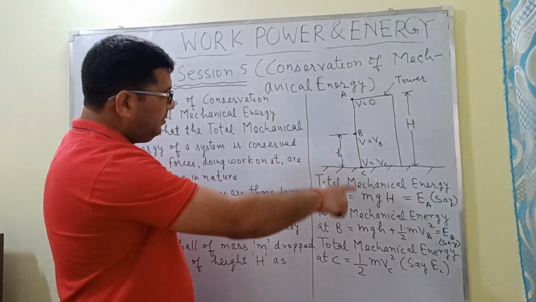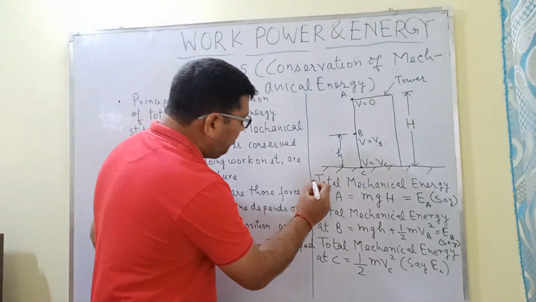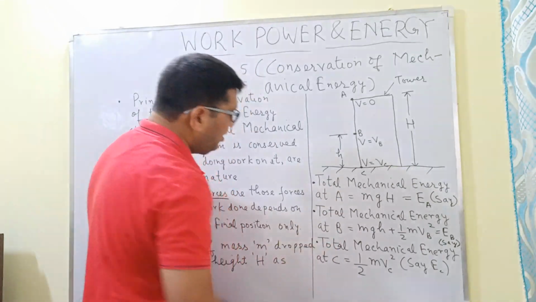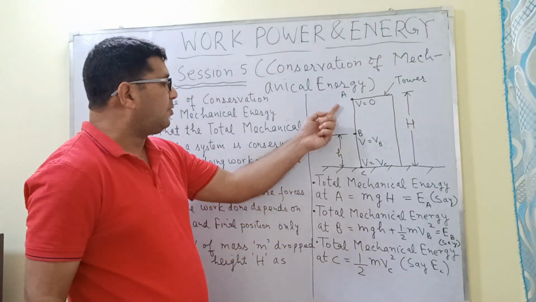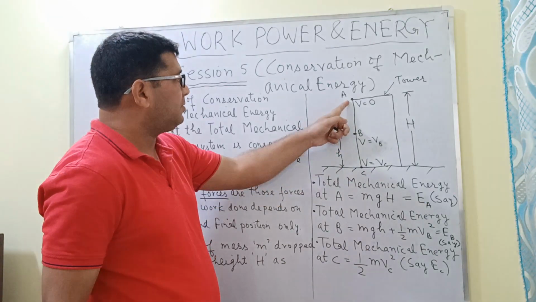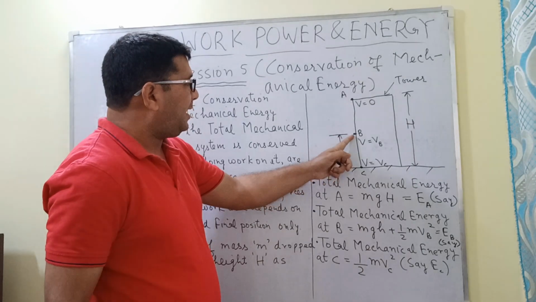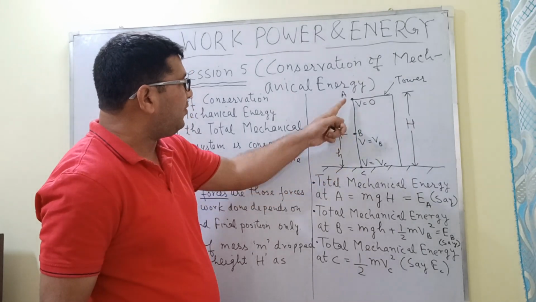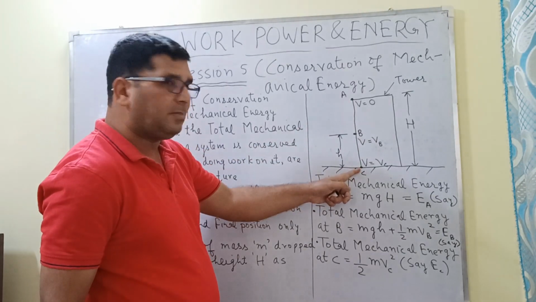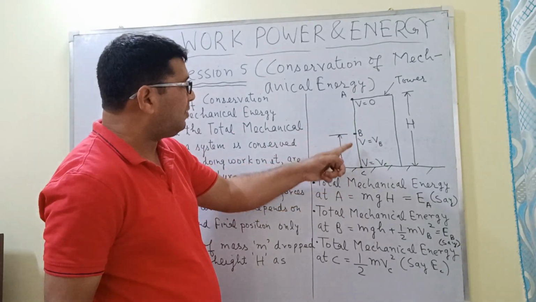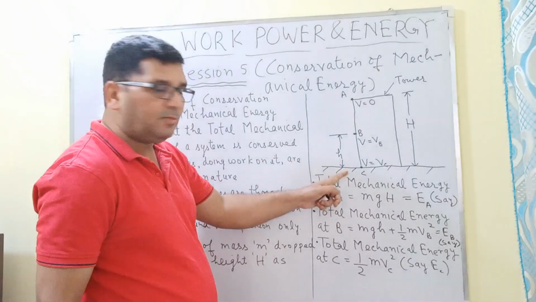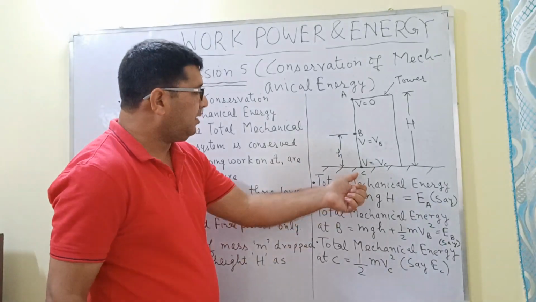So here I have written down 3 points. What I have done is I have calculated the total mechanical energy of this ball at 3 different positions. That is on the top of the tower, at a point B, which is somewhere between the topmost position and the bottommost position of this tower. So this is at a height small h from the ground, from the surface,